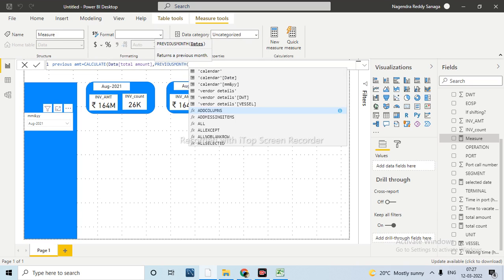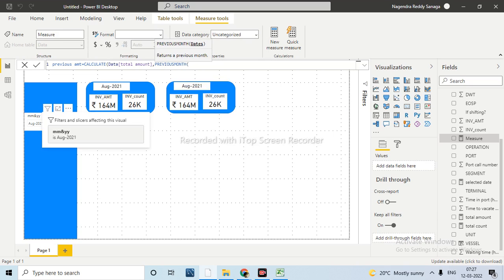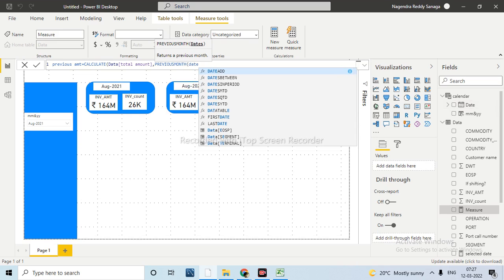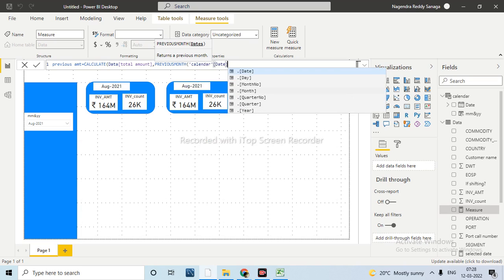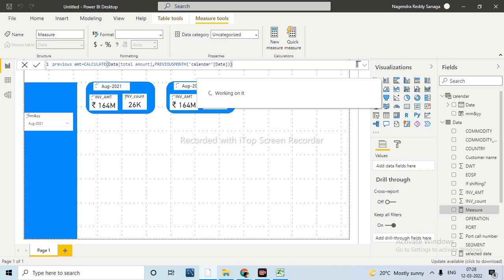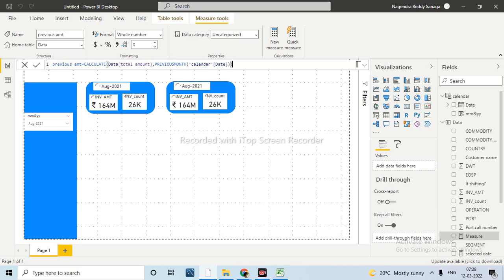Now when you pass this particular dates field, right? Now here this is coming as text, but we have already created this calendar table, right? When you pass this information, based on our selection, it will give us the previous result. Now let me pass this dates, which is in the calendar table. Okay, in the same way we will do for the amount also, we'll see.